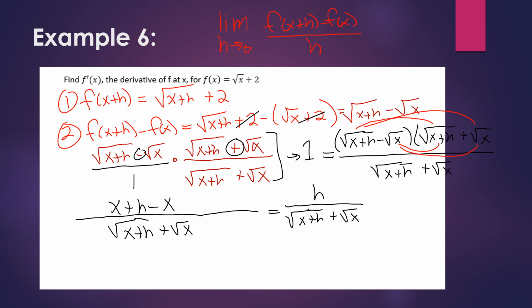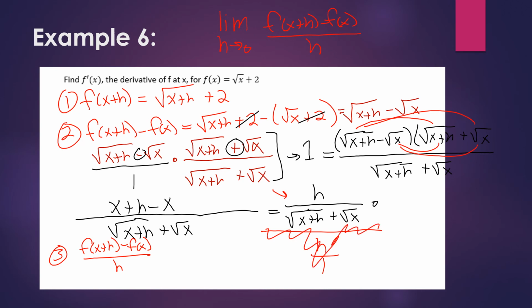So that takes us to step 3, and we're running low on room. But step 3 says take the answer from step 2, f of x plus h minus f of x, and divide it by h. So I'm taking this answer here, and I'm going to divide everything by h. If you want to think of it, this is really h over 1. How do you divide two fractions? You flip and multiply. So to flip and multiply, this would be 1 over h, and my h's will cancel, giving me a final answer of 1 over the square root of x plus h plus the square root of